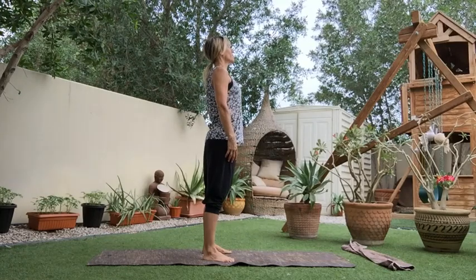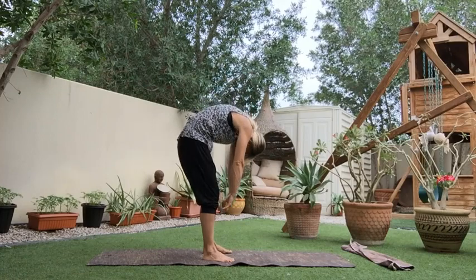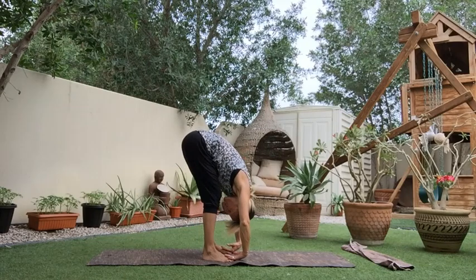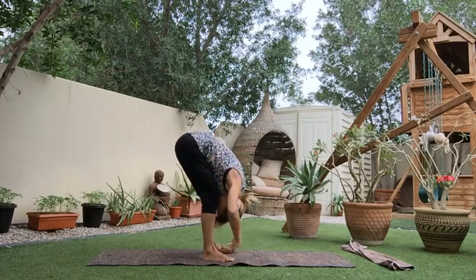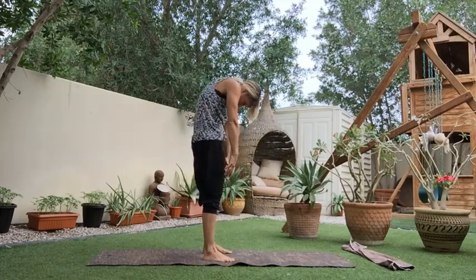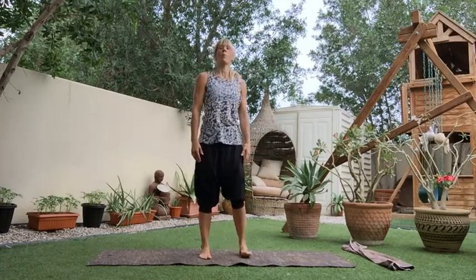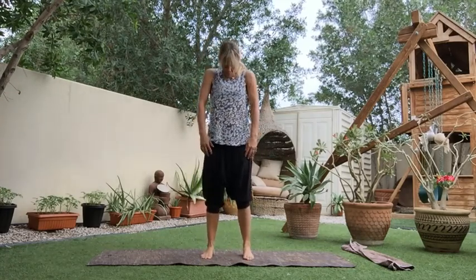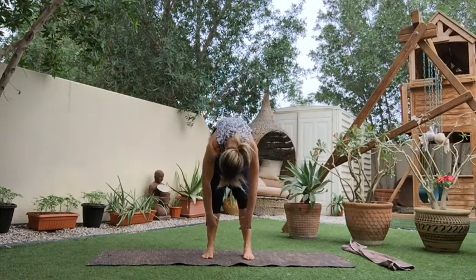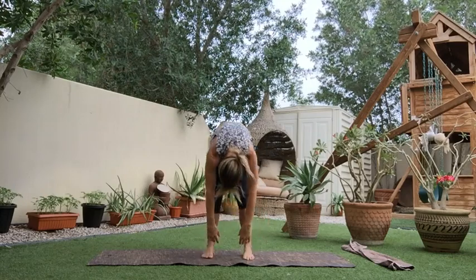Two more times. Inhale, exhale, curve. Softening my knees. Yeah, making sure they're not locked, not putting too much pressure in the hamstring and the back of the knees. Exhale, roll back up, push into the feet, dig into the toes. Let the chin be the last thing to come up. Inhale one more time. Exhale, roll down. Should feel absolutely lovely to wake up this spine like this. Inhale at the bottom. Exhale, roll back up,